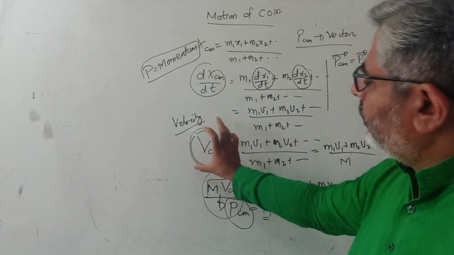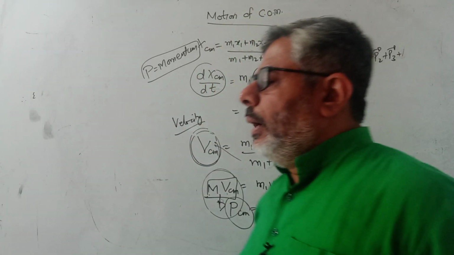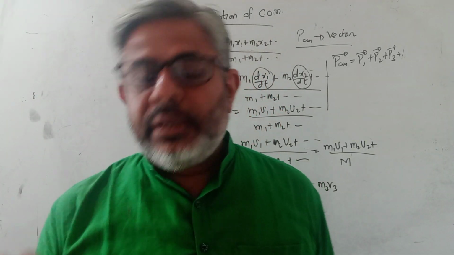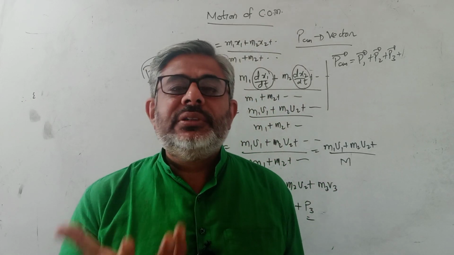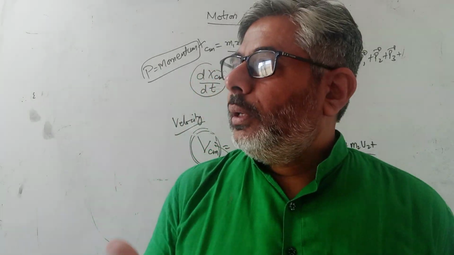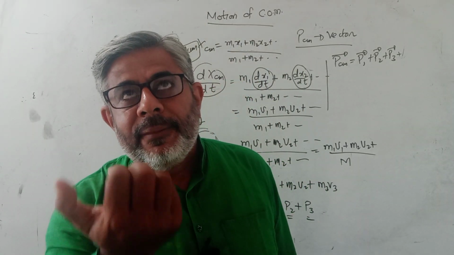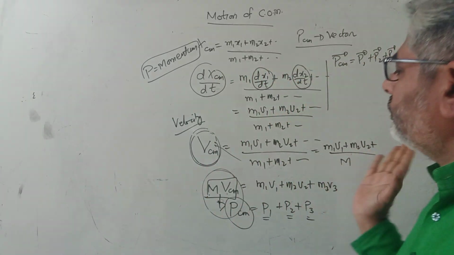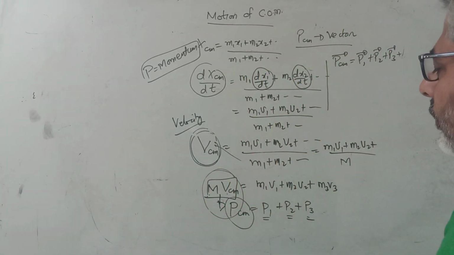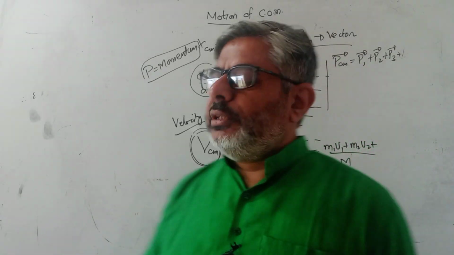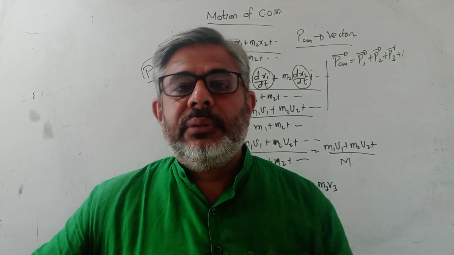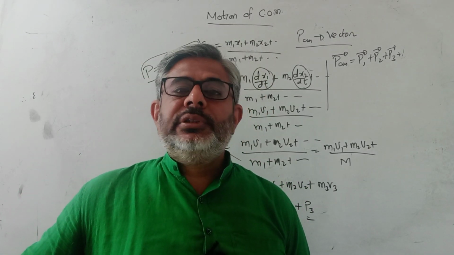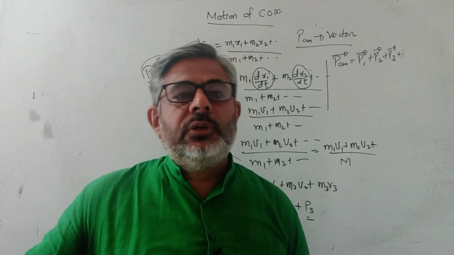So through this calculation I got the velocity of the center of mass and also the momentum of the center of mass. Two important things are coming up. Again, I'll go on repeating that my focus is on problem solving, which is the gray area of most students. Now you say that the velocity is given by this and momentum is given by the product of mass and velocity. Newton's second law says force is equal to the rate of change of momentum. You know this. Which force? The external force. Or you can say the rate of change of momentum is directly proportional to the external force.